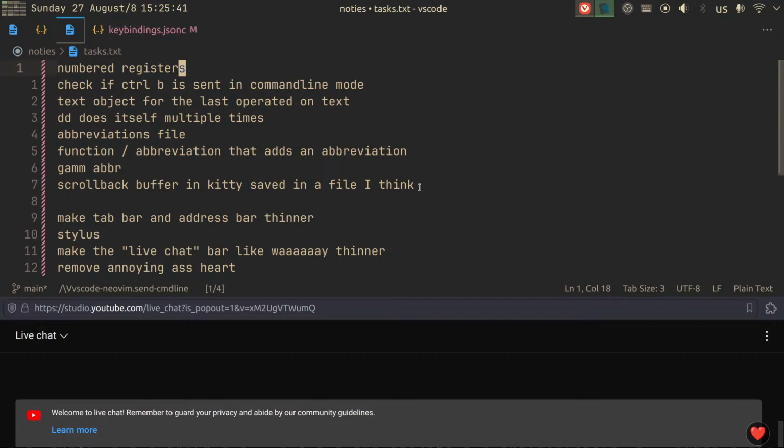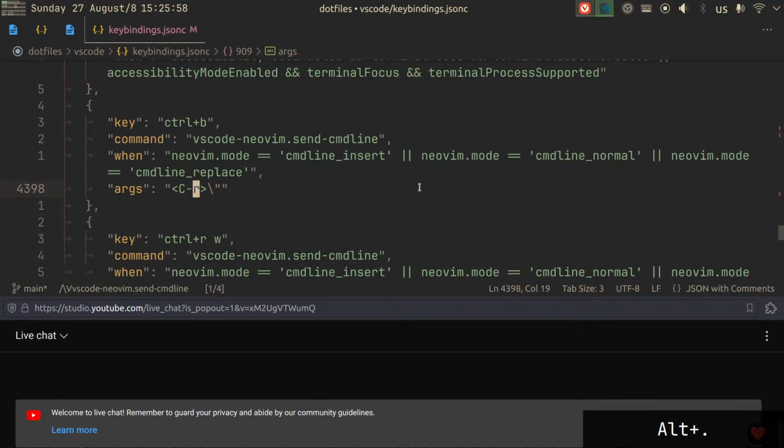That will promote using the other registers a bit more for longer times, and use numbered registers for stuff that I really don't care about. But that's later. Hold up, let me drink some water. Right, so